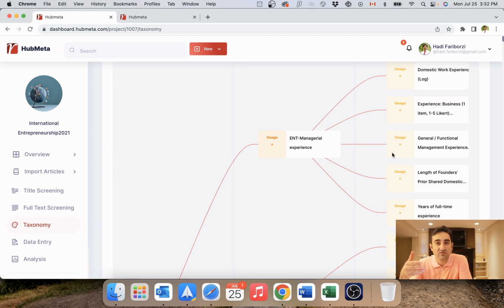And one thing we have to be careful about is we should be as transparent as possible about how we group these measurements into constructs and constructs into group constructs in the analysis, because readers of the final article want to know exactly how your constructs were measured. Unfortunately, this is something that older meta-analyses did not provide. And if they don't do that, their analysis is not quite replicable for whoever wants to do that again. So you can use this platform for reporting how you have grouped your measurements and constructs.